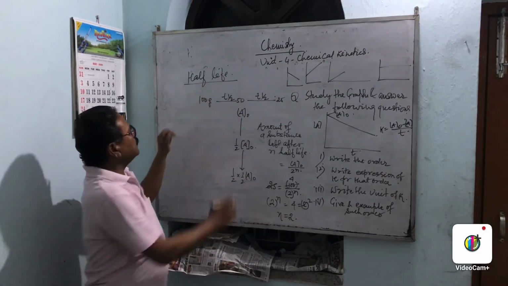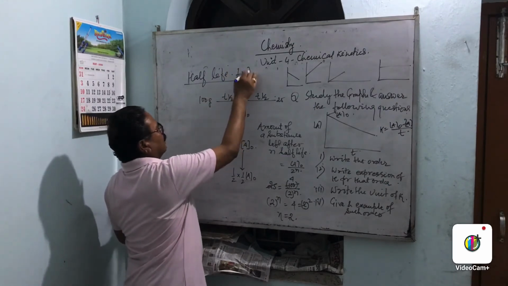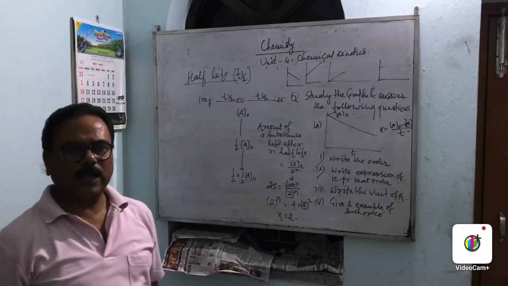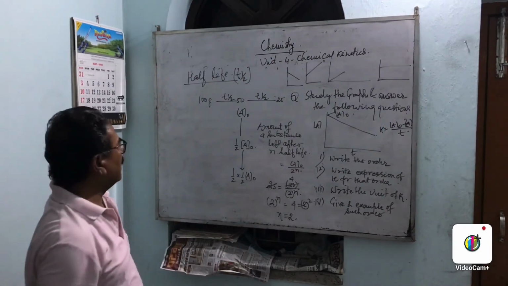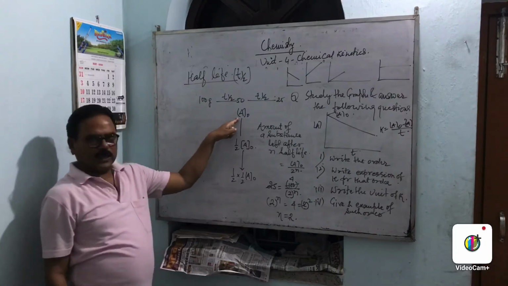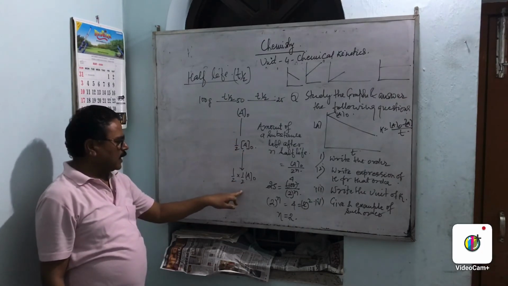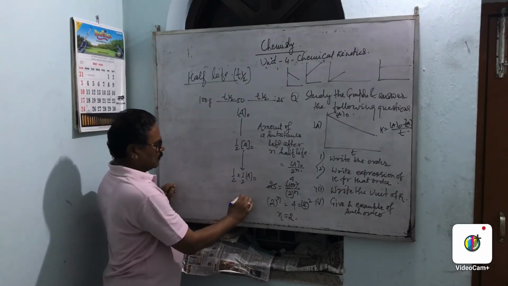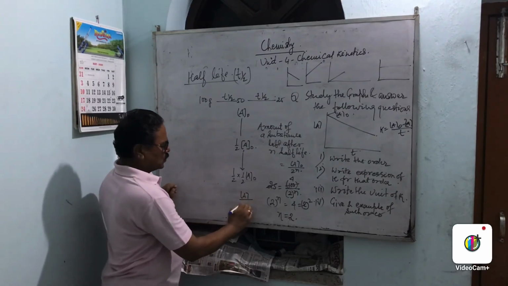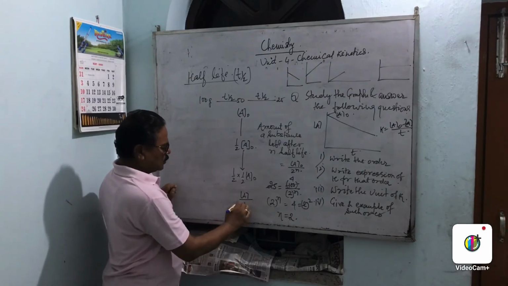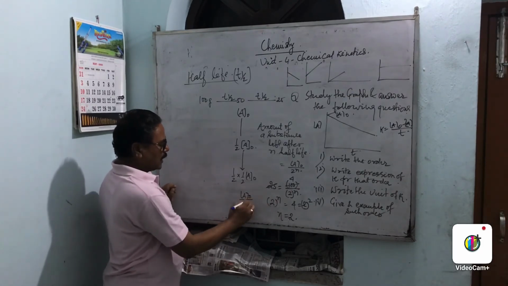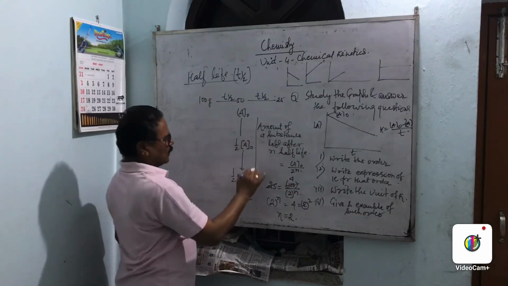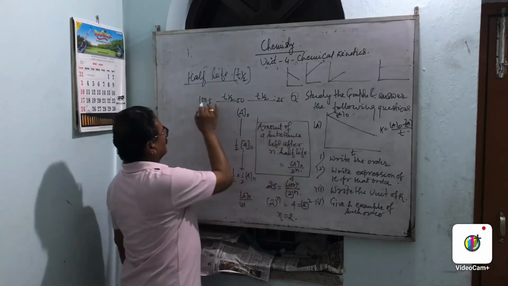That's why half-life is always represented as T half. So our aim is to clear the concept of half-life, then now I define the half-life. Suppose the initial amount is A. Half-life, again half-life. So what we will see here is 2 to the power n. This is the amount left, and 2 is a number that is equal to n. That's why we use the formula. So this is the formula for the amount left, and this is the concept.